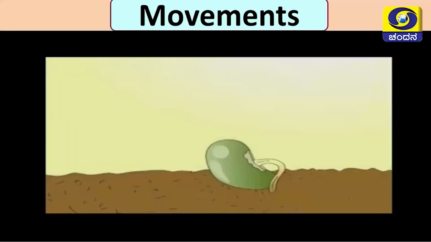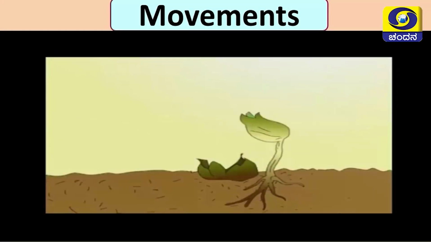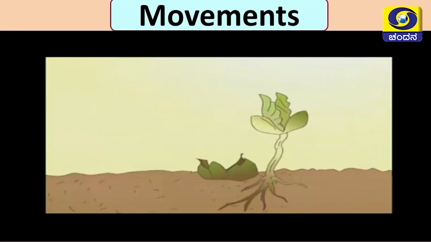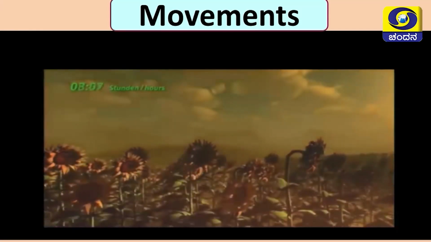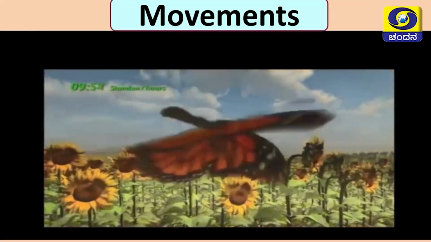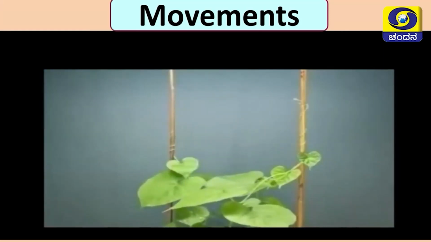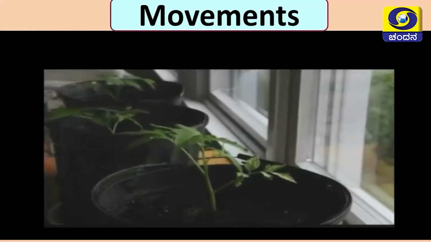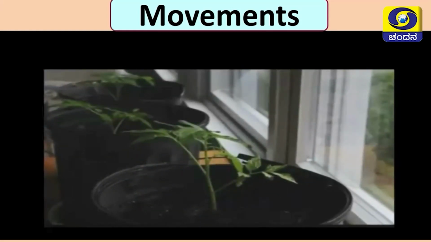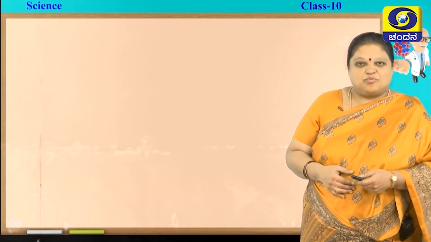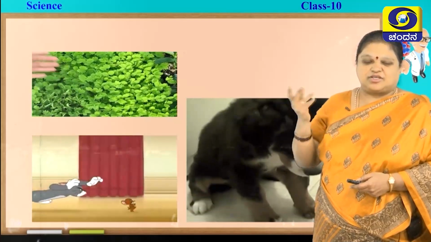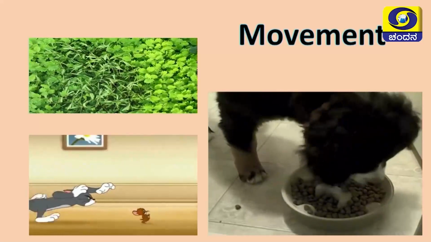For example, you can see here a seed is germinating, the roots are going deep inside the soil and the plant is sprouting. Let us see another movement, that is the sunflower plant. The twigs you can see, they are rolling to the support, and you can see several other movements. Plants are moving towards the sunlight. So, these are several movements. You can see further more movements. See here, you saw so many movements.